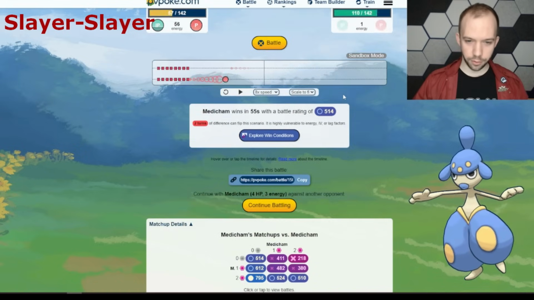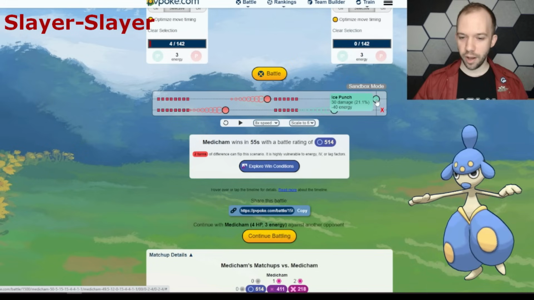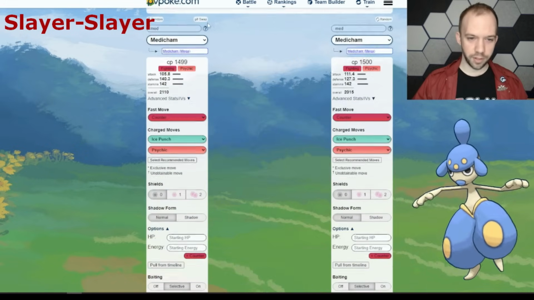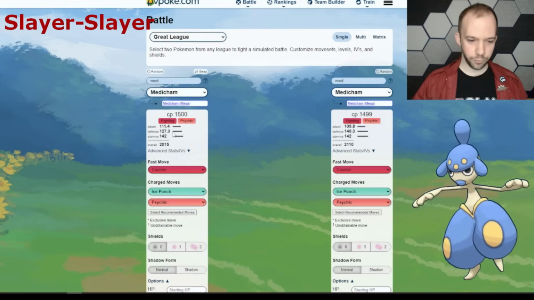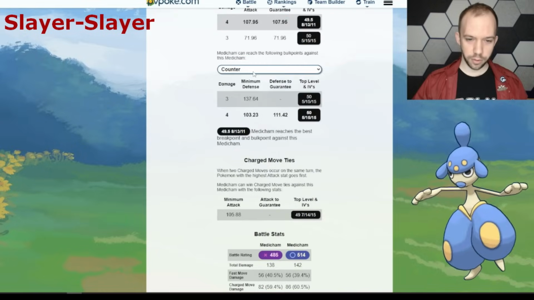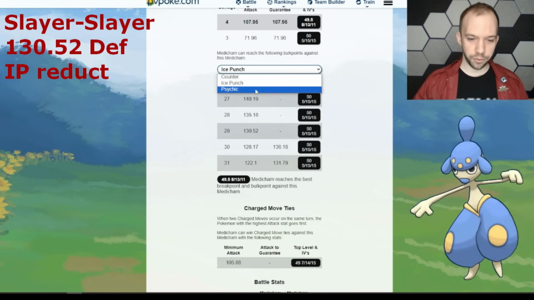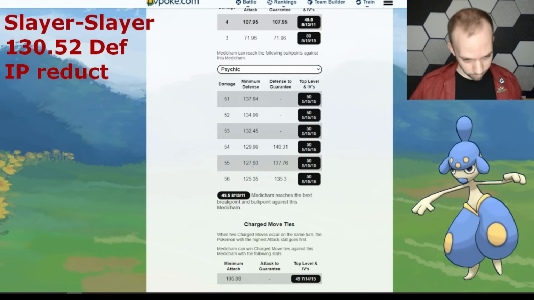Well, if you look at the 0-0 shield situation in particular, you can see that we're getting KO'd on a 30 damage Ice Punch, and they're also hitting us with a 46 damage Psychic. So if you were to flip these stats around, you can see how much defense you would need in order to survive that. So with our base defense of 127.3, scrolling down, if we wanted to survive the Ice Punch a little bit better, we'd have to have about 130.52. If we wanted to survive the Psychic a little bit better, well, we'd need just a baby bit more defense, looking at